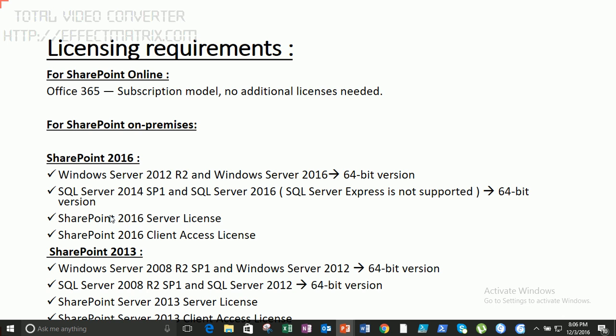Okay, and apart from that, as we saw a couple of slides back, for implementing SharePoint 2016 in on-premises mode, these are the software that we should be needing. And for SharePoint 2013, these are the ones which we would be in need of. Okay,